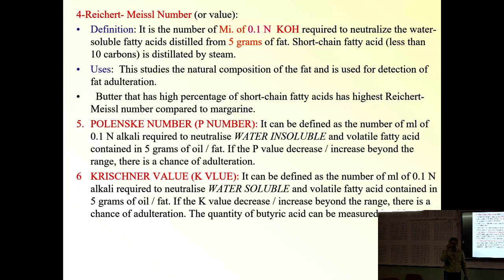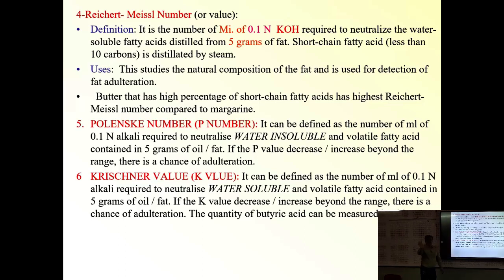So, the RM number and P value are very important for determining whether ghee or oil is adulterated with other things. The K value is nowadays not commonly found, but you have to remember the pronunciation. This Kirschner value, K value, can be defined as the number of ml of